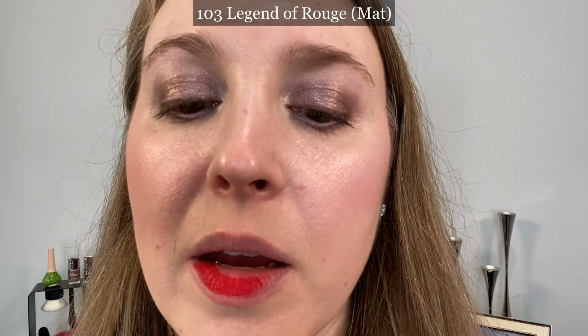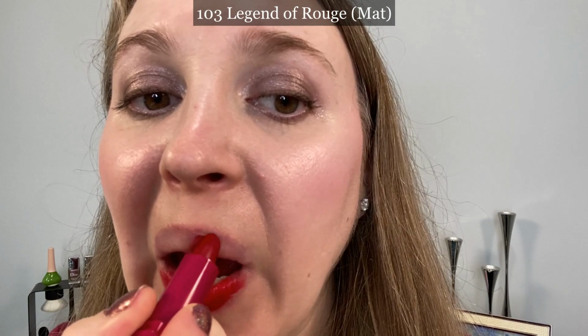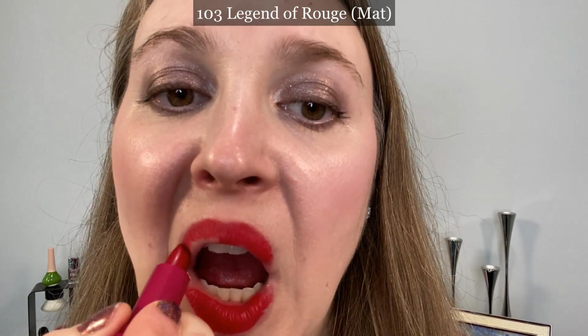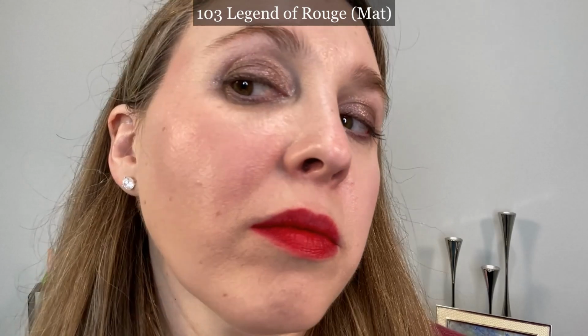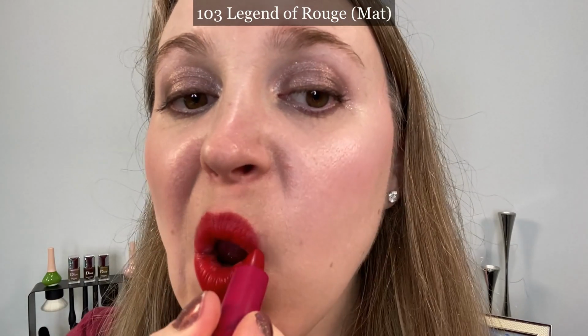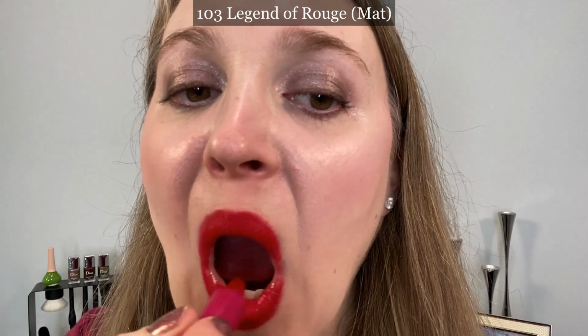It's not going to be a long wearing lipstick, because it is thinner, balmy, moisturizing, and a little bit glossier. It has an average wear time, you're looking at 2 to 4 hours. You're going to want to reapply. But I find it very nice, very comfortable, very easy to use. And it's something that you can easily take with you and apply without a mirror. It's just a really nice